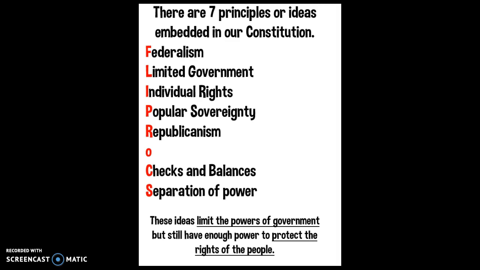And the people that wrote the Constitution wanted to make sure that they had enough power to protect the rights of the people, which the Articles did not, and unify our nation, but not have too much power to take away our rights. So those 7 principles are federalism, limited government, individual rights, popular sovereignty, republicanism, checks and balances, and